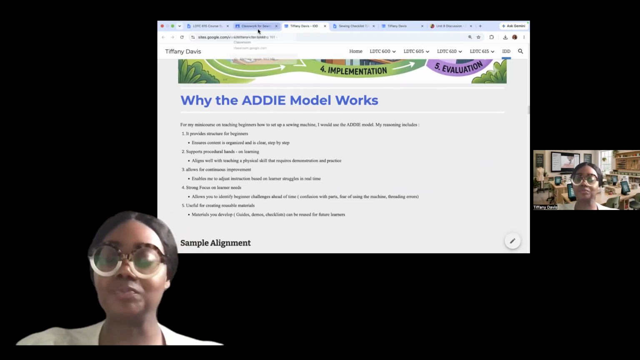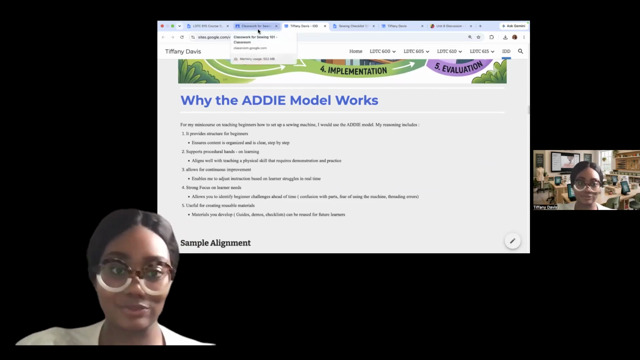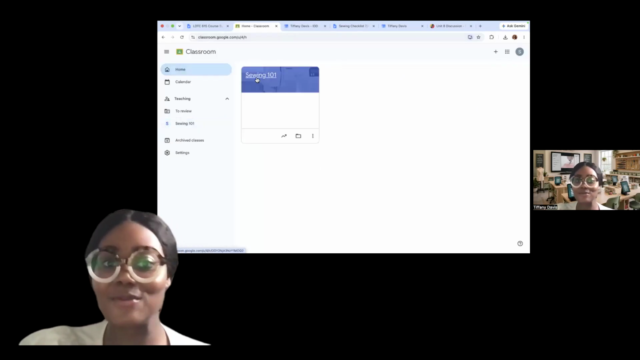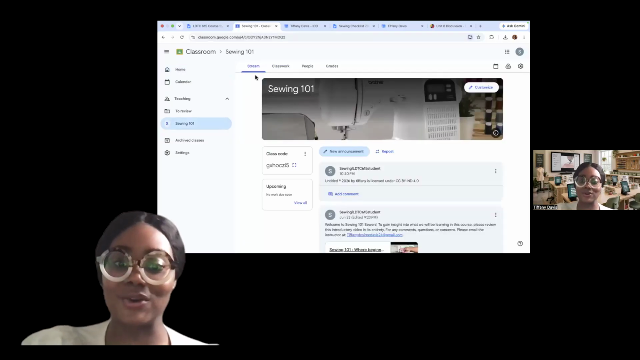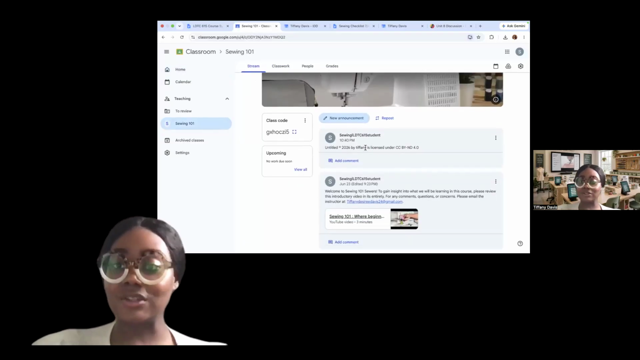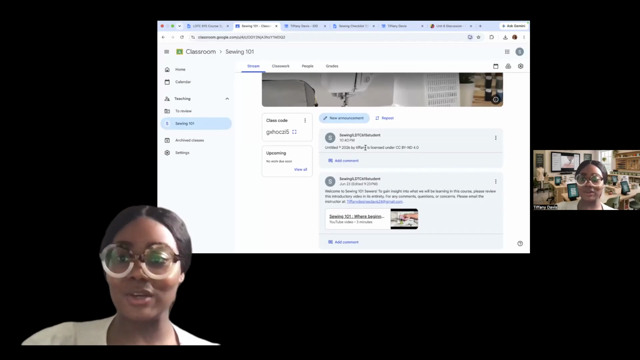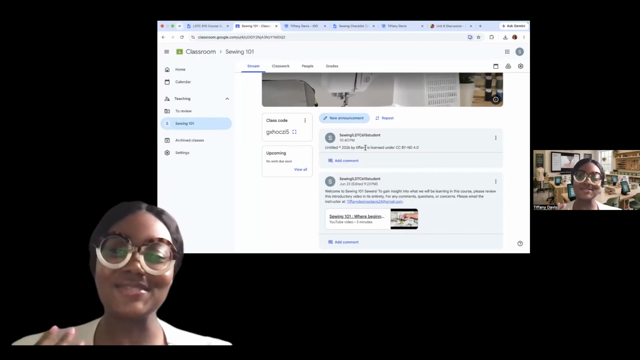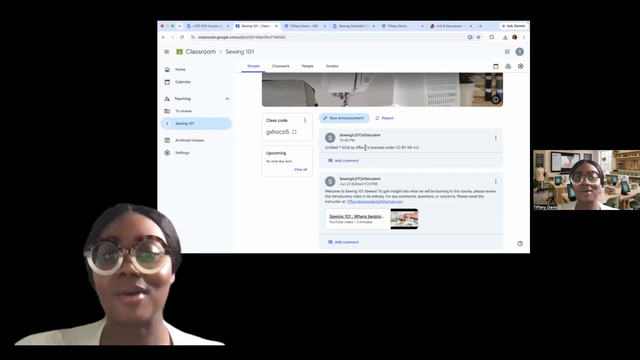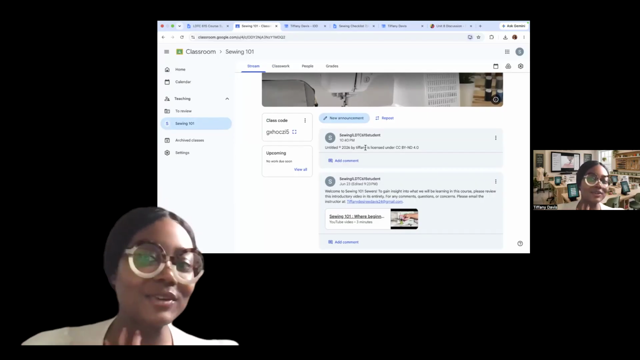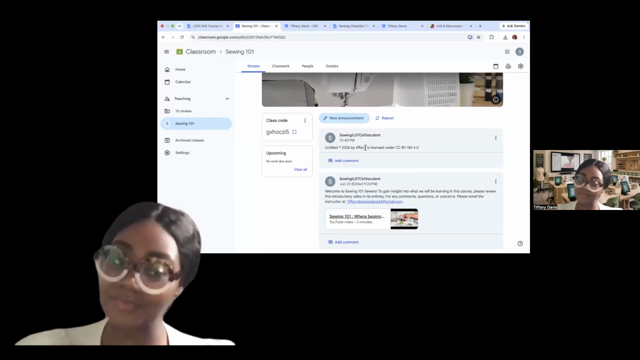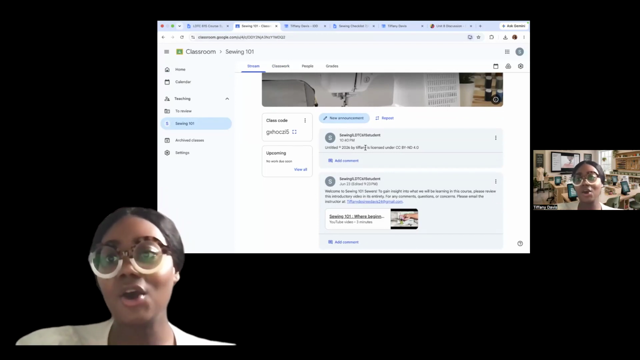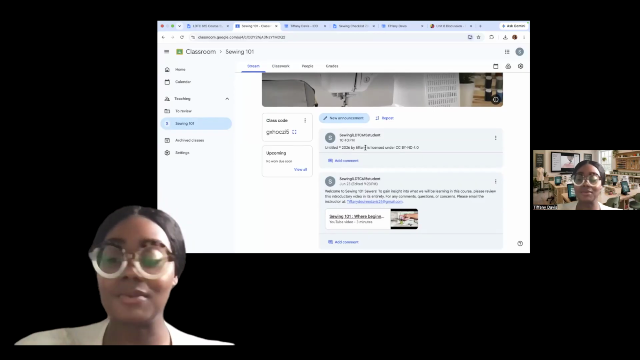Moving on into my classroom. When learners first come to the Sewing 101 classroom, they will see, of course, Sewing 101. When you come to the first page, this is an announcement page, which is how Google Classroom has it set up. I did have a little bit of troubleshooting issues in the beginning. However, I do plan on still using a different kind of LMS. However, Google Classroom has been really great and easy to navigate, which, because my course is very beginner friendly,